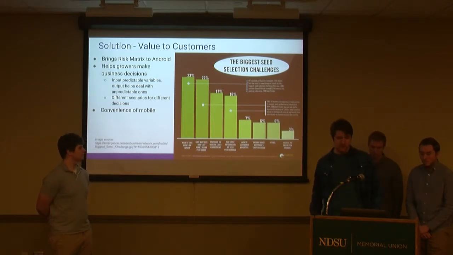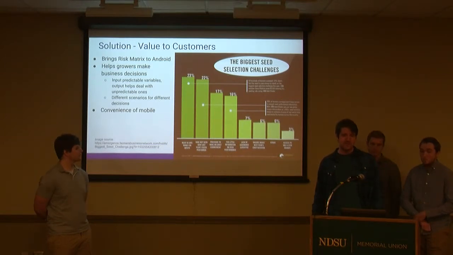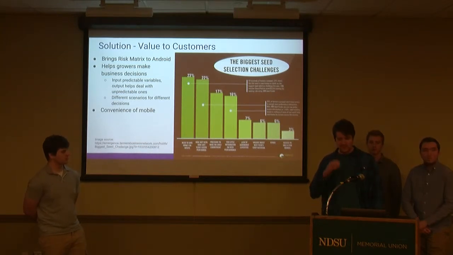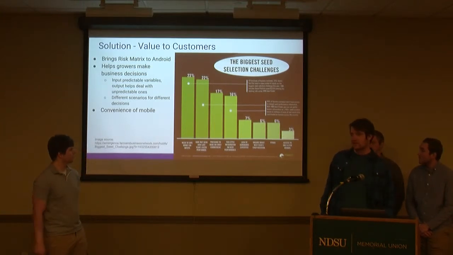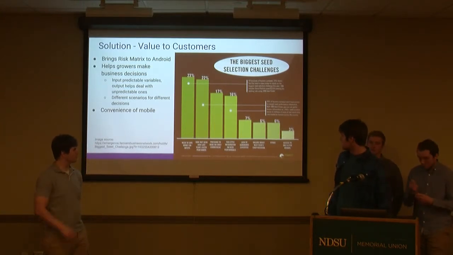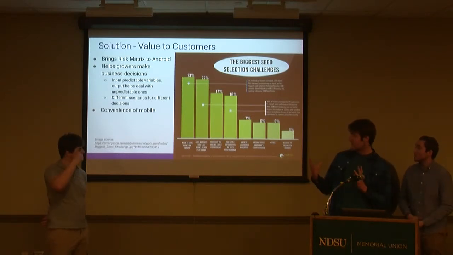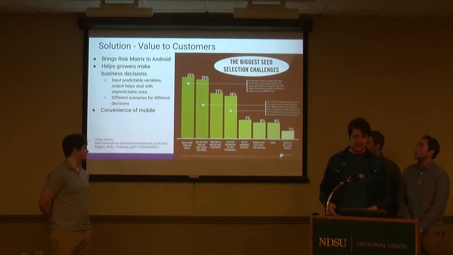When you're growing, there are a lot of unpredictable variables, and there are some predictable variables, like the cost per acre or the local basis, which are usually predictable. But there are a lot of things that are unpredictable. Like in this diagram, you can see all the different factors that influence farmers' decisions, and there are a lot of them. So you want to find a way to display information that gives them more certainty.